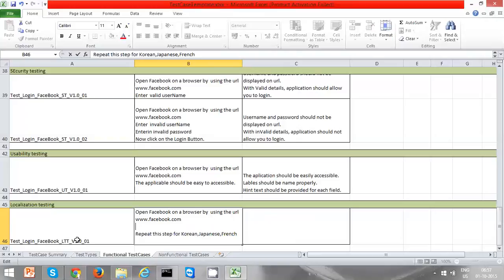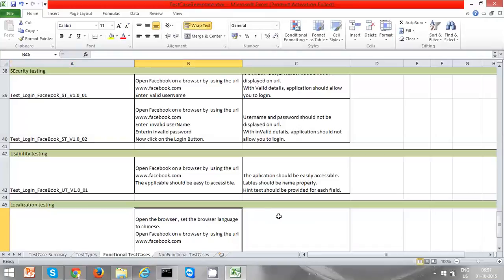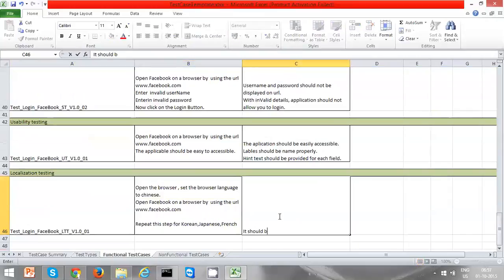In that case you can write it like this. And the expected output is that all the labels, hint text, and error messages, if any, should be displayed. If you make any mistake, it should show the error in that particular language, and